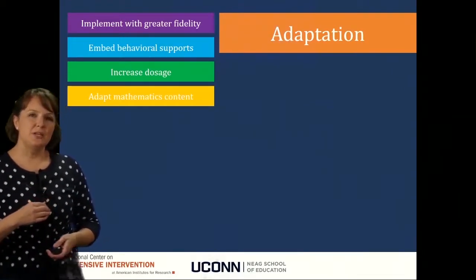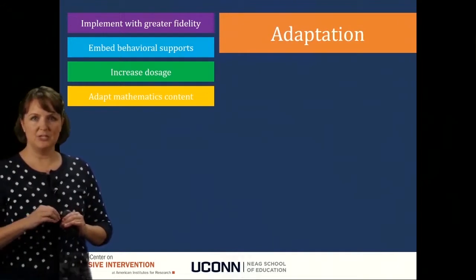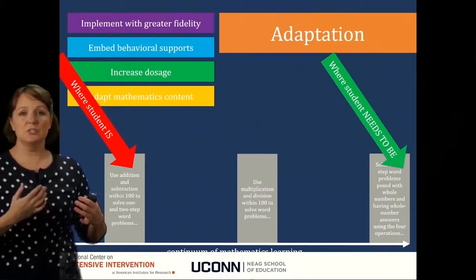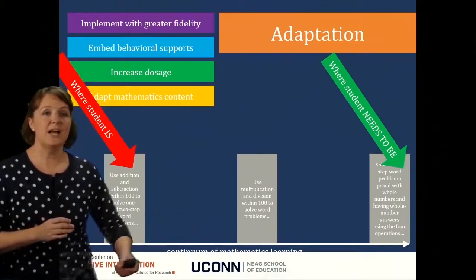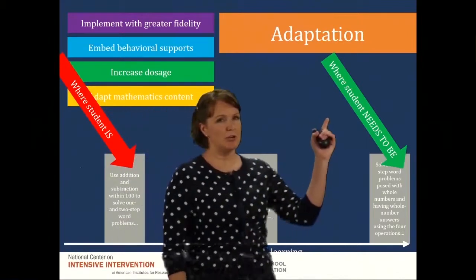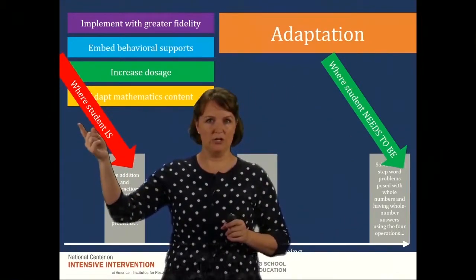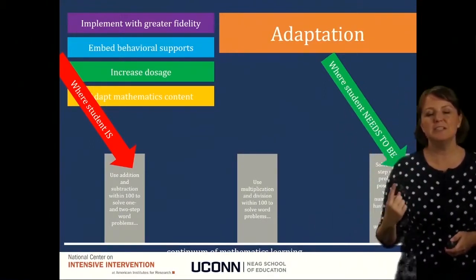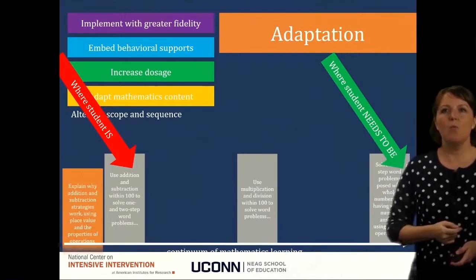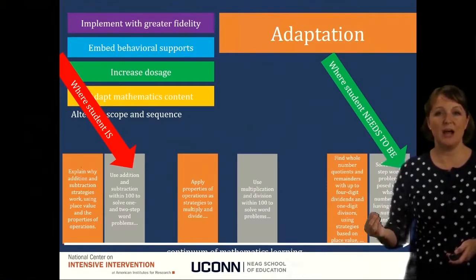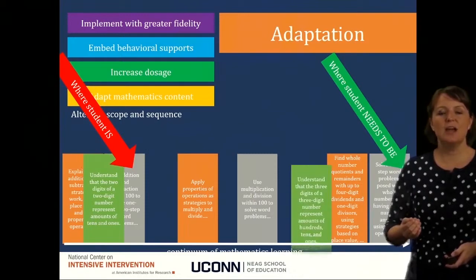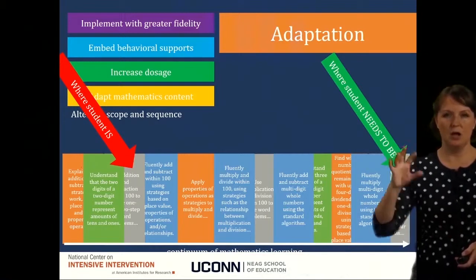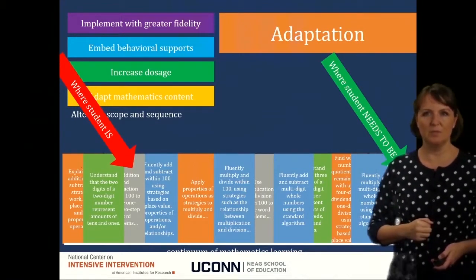Now also in terms of adaptations, we can do a lot of adaptations to the mathematics content. So some of the ways that we can do this is we can change the scope and sequence. This is something that we've looked at in previous modules. Here we've got where the student needs to be. Here's where the student currently is, and we need to fill in this continuum of mathematics learning. You may want to revisit that scope and sequence to figure out what skills the student has, so where are their strengths, and where does the student have weaknesses, and redo the scope and sequence based on your original idea of where you thought the student would be.